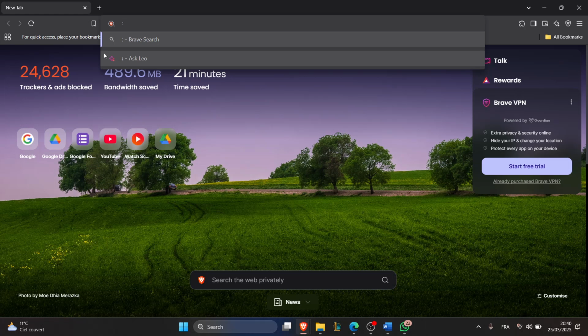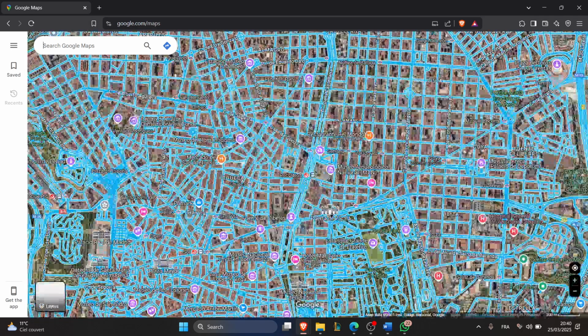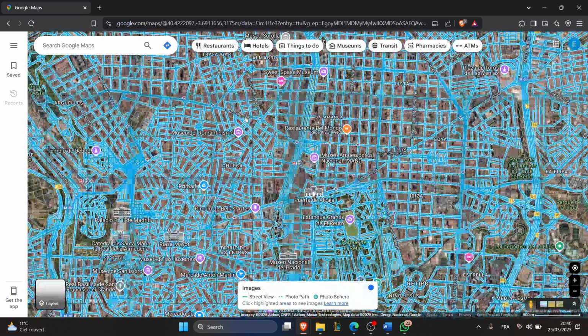The first step is to open Google Maps. You can do that by opening the Google Maps app on your phone or on a desktop browser, where you can go to maps.google.com. Make sure you log in using your Google account's credentials. Now once logged in,